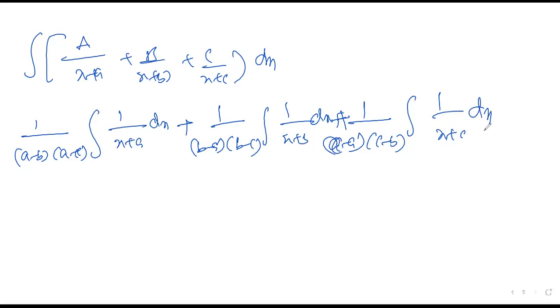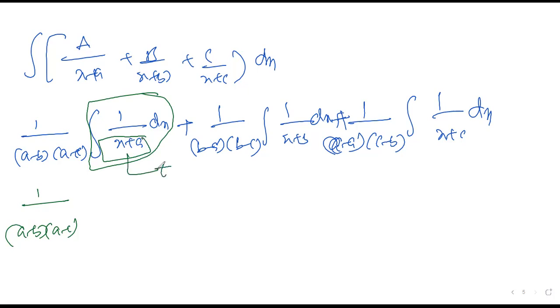Okay, it's enough for that. Now you can take the values and start working over there. This is a constant, no need to do anything: a minus b into a minus c. Try to understand, here 1 by x plus a is there. How do you do the integration of 1 by x plus a into dx? This is like the LKC thing we did in the previous classes. 1 by x plus a, how to do it? Tell me.